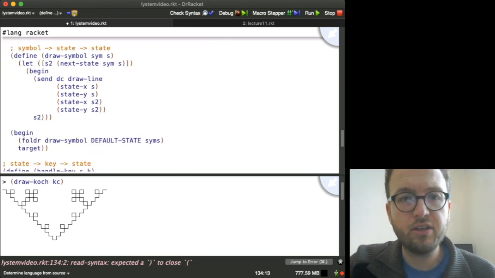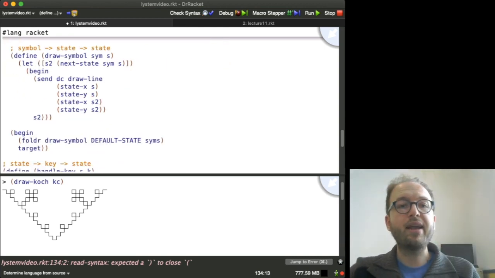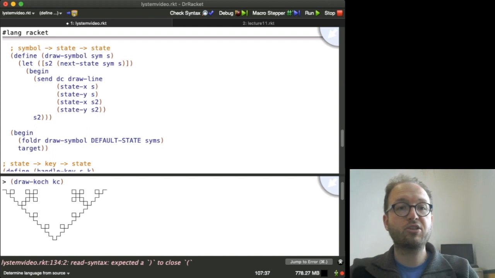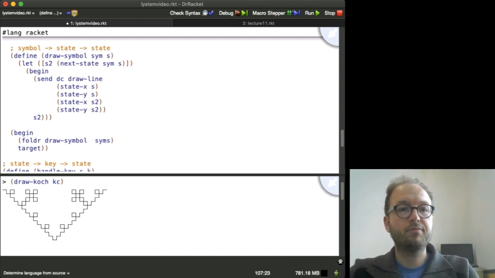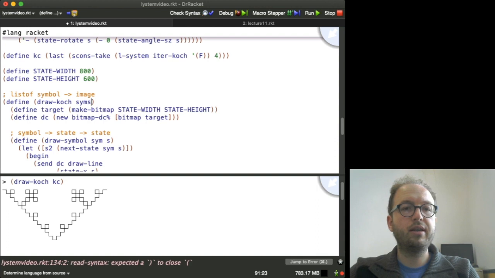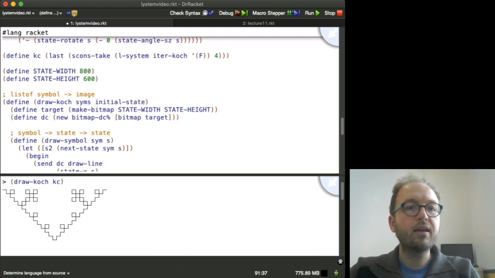Actually, is that the only thing we need to do? No, it isn't. So right now we're hard coding the initial state, but remember with key presses our initial state may change. So I'm going to call this initial state, and we'll do initial state to an image,